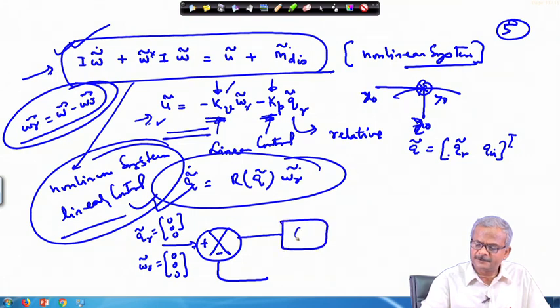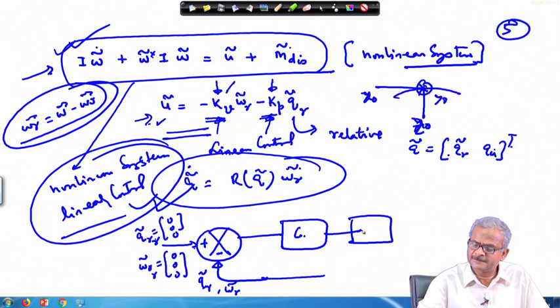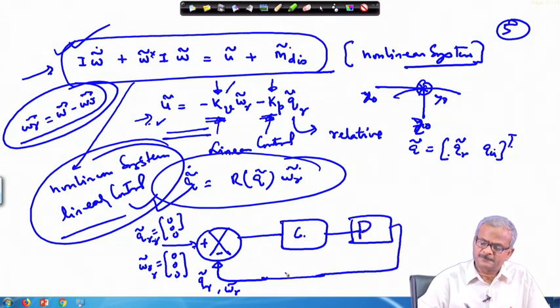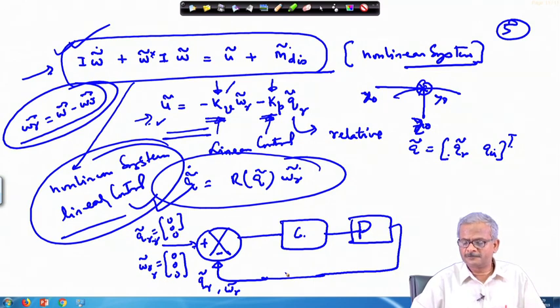So, this will be the controller here, okay, and q r measured will come from the other place. So, this is the q r reference value q r r, and this is omega r r, q r tilde, and omega r tilde will come from the satellite sensors. So, this is your plant. Okay. So, this completes your control block.